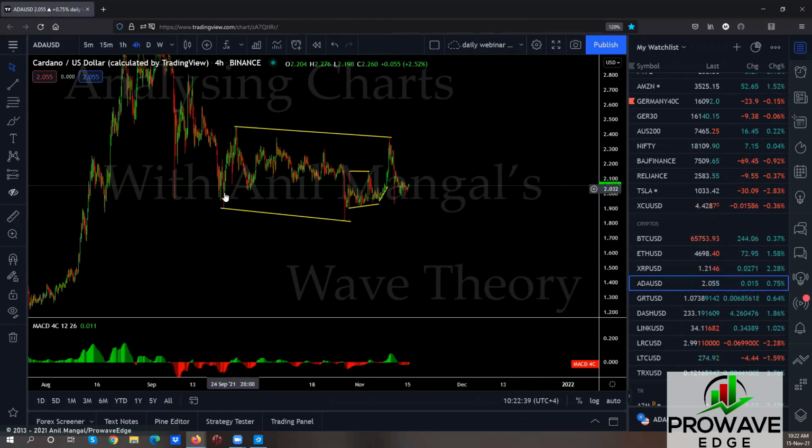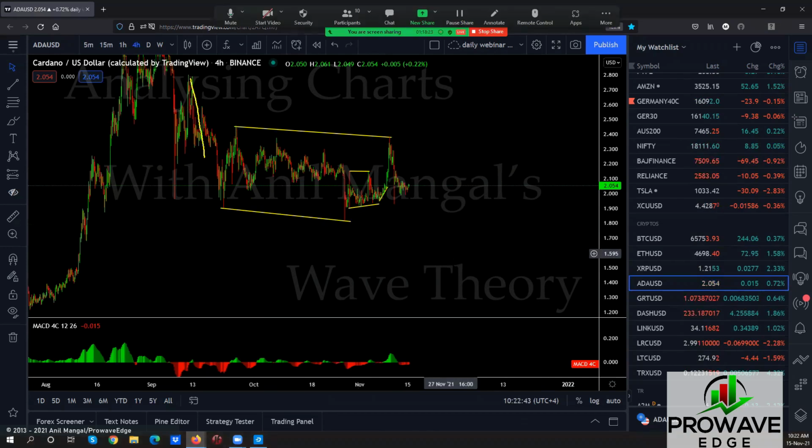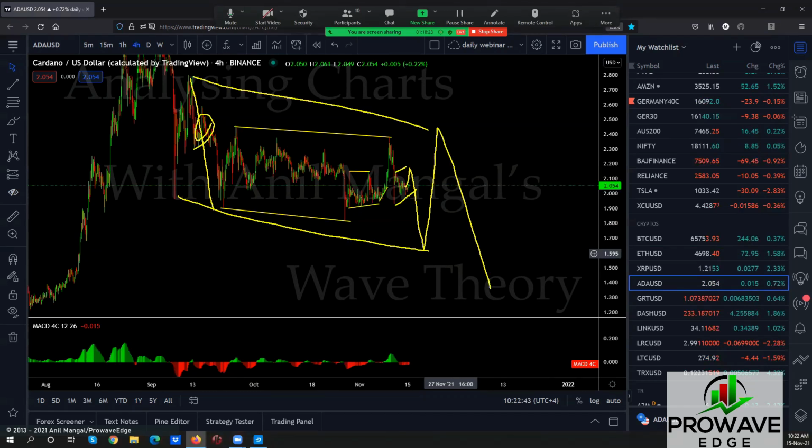Even this is not as sharp as this, but it's equal in size. So let's assume that that is what it's doing. Then we're making this one down. You see this one had a correction in here? Could it be we're making this correction here like that and then drop? I'd go with that. Then they will have to go back up and then drop. We'll get something like this. That is how I see the wave pattern developing.